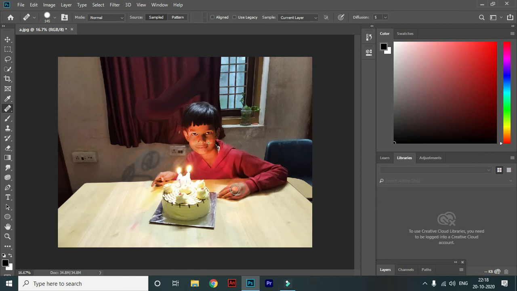Now because hardness is very, look at this one. Okay, so in this way we can choose like that. Clear?